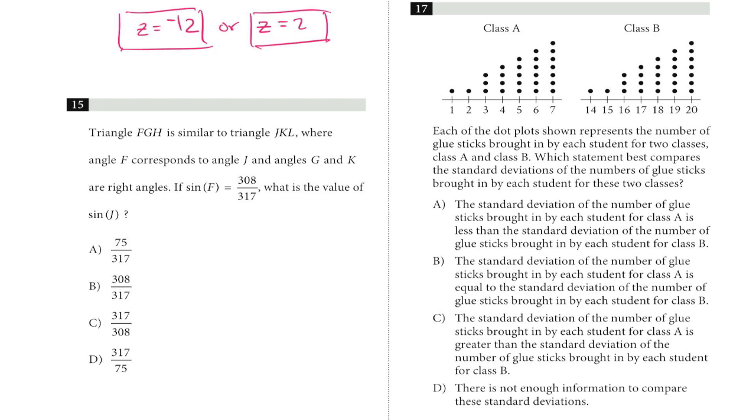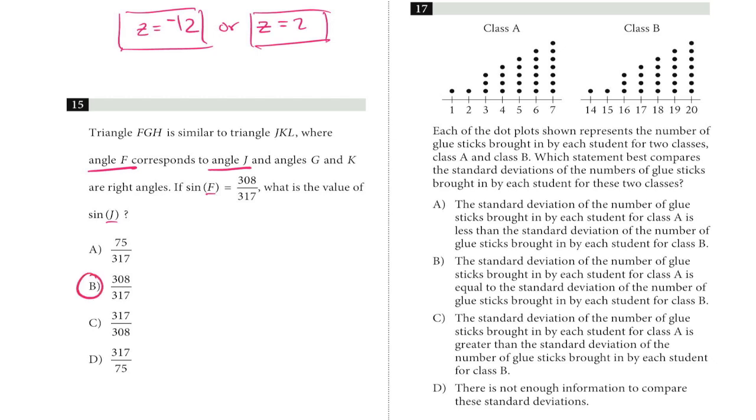And here they told us that angle F corresponds, which means equals, angle J. They're meant to be the same angle within the respective triangle. They gave us the sine of F, and then they're asking for the sine of J. Well, F and J are the same angle, so their sines are going to be the same. So since the sine of F is 308 over 317, the sine of J is also going to be 308